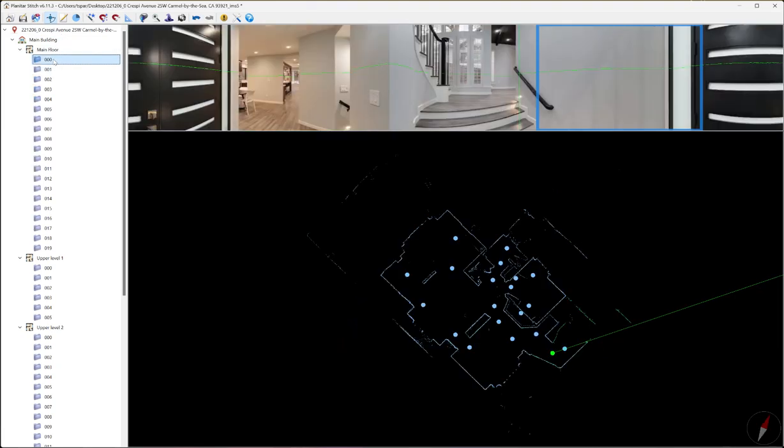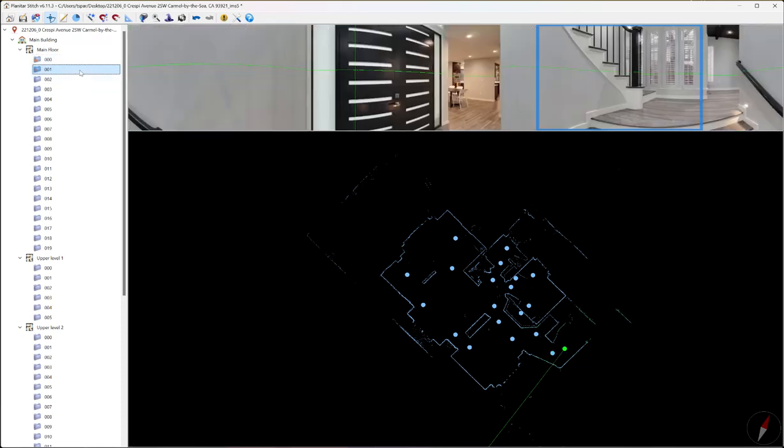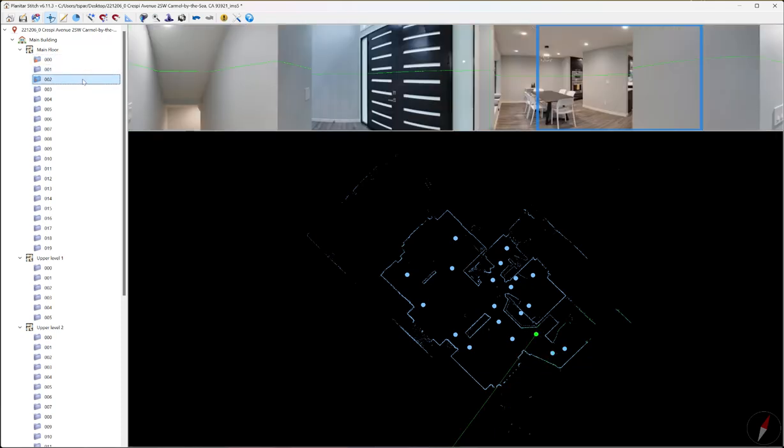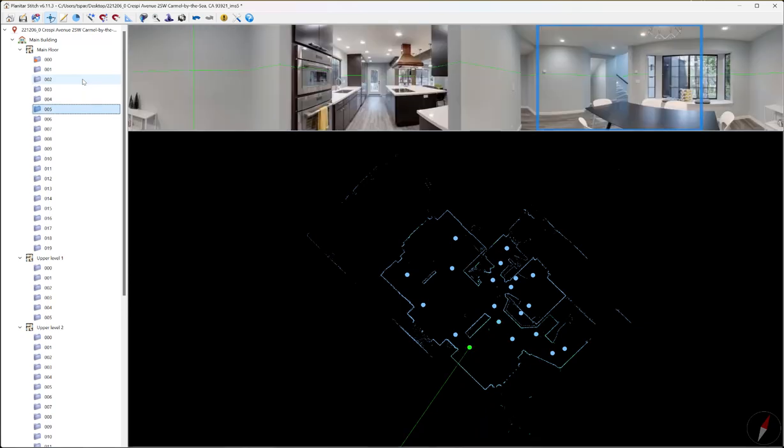Next, I'm going to set my initial pano. Now, I always start at the front door, so I'm going to make this the initial pano. And then I'm going to go down the list, and I'm going to hide anything that I don't want to show in the final tour. If you hide it here and iGuide processes it, you still have the ability to unhide it after it's been processed. However,